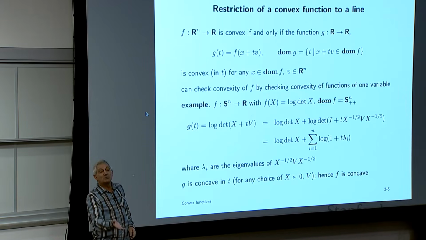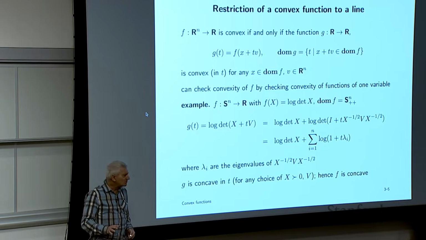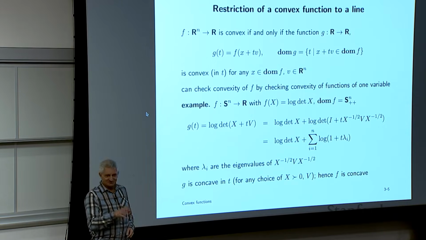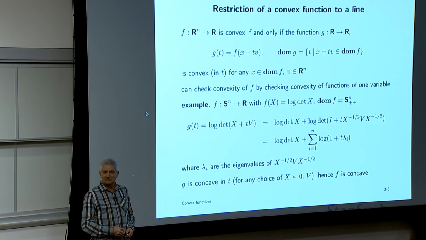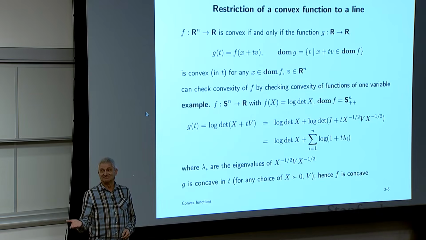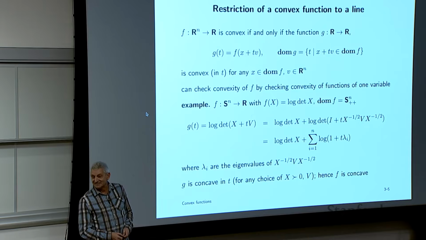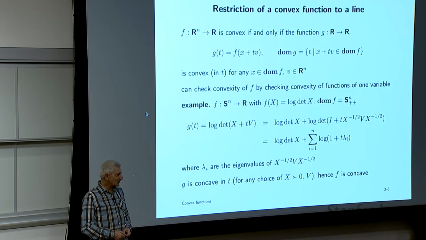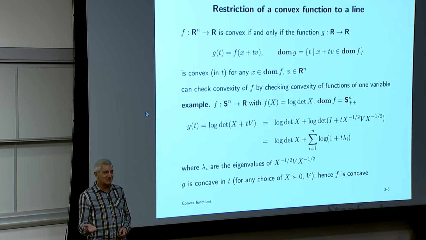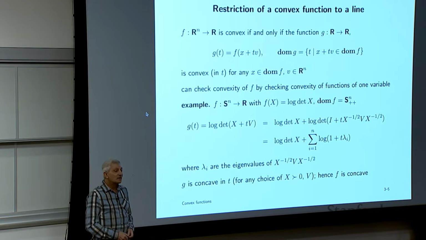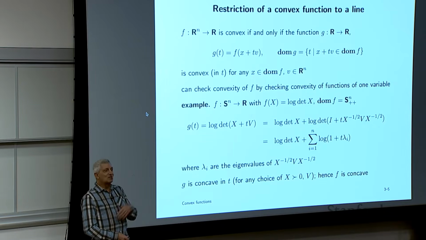Now, of course, we don't compute the log of the determinant that way, so that's silly. By the way, how do we compute the log of the determinant? We'll talk about numerical stuff later in the class, but how do you compute the log of the determinant of a matrix? Write out what the determinant is? No, that has n factorial terms in it. Okay, you can compute its eigenvalues and then sum the log of the eigenvalues.